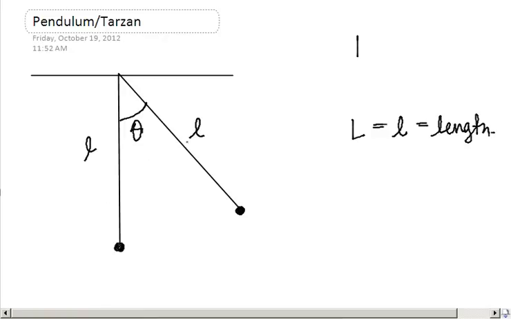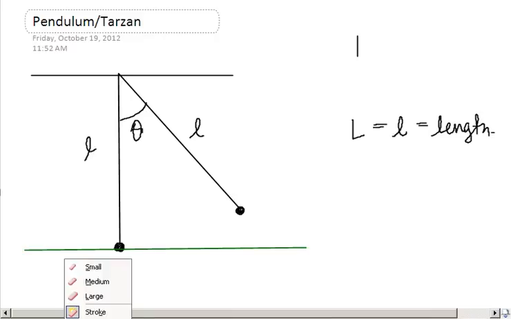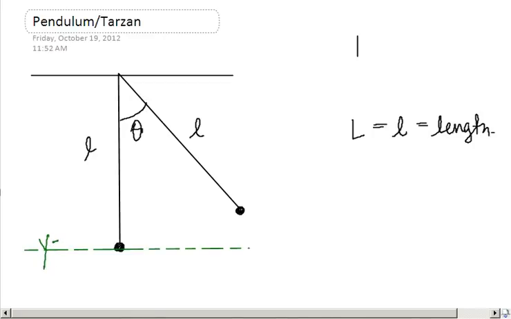So it swings through, and as it swings through, it's convenient to let the lowest point of the swing be where y equals 0. So let this be where y equals 0. It makes everything easier to do, so to speak. Let that be y equals 0 down there. Okay? So then that means the height that the pendulum has traveled, its y, is this distance right here above